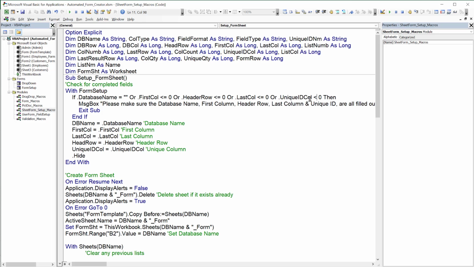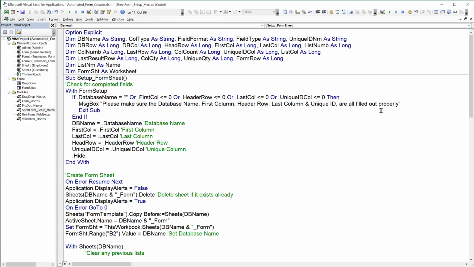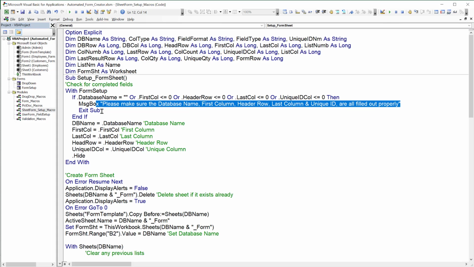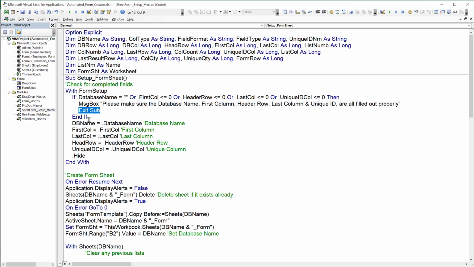If any of those things are less than or equal, the user hasn't entered that, then I want to make sure to let the user know: please make sure the database name, first column, header row, last column, and unique ID are all filled out properly. If the user has not filled any of these out, we're going to exit sub without doing anything. If all those fields are filled out correctly, we're going to set that database